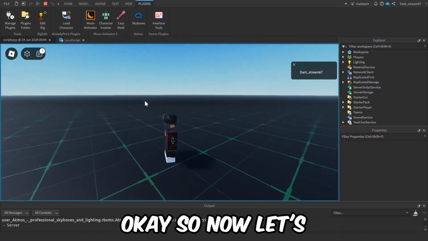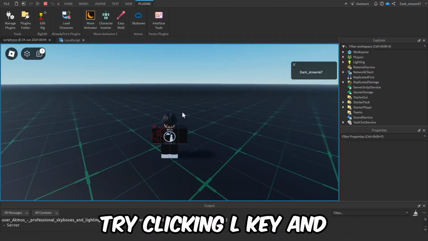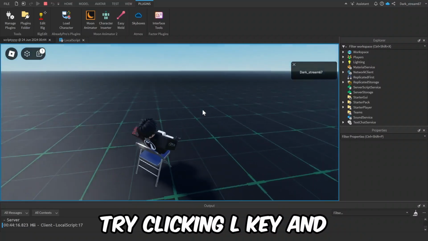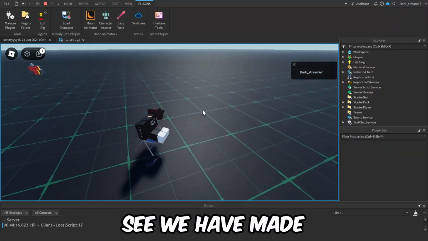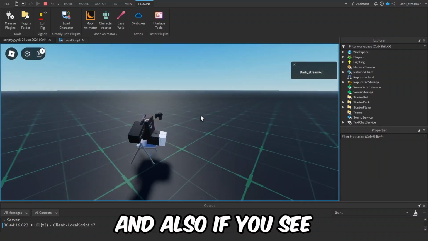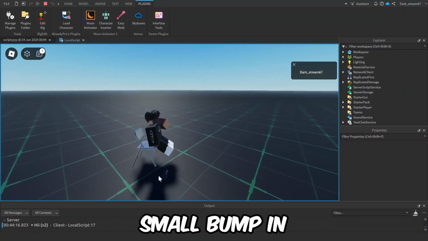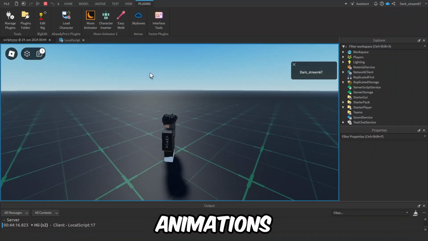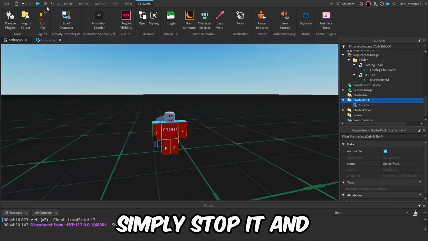Okay, so now let's try clicking L. Okay, and now as you could see, we have made it successfully. And also, if you see, there's a small bump maybe in between the animation, so to fix that, simply stop it and